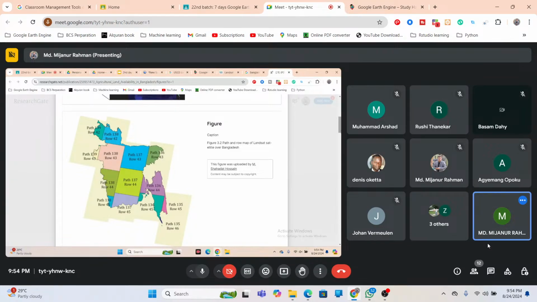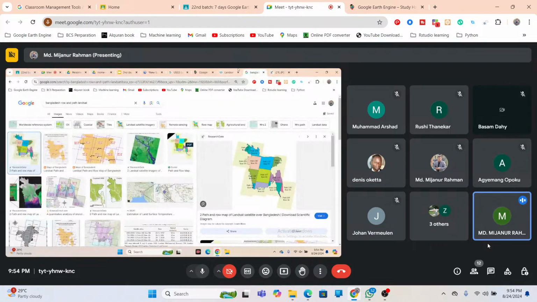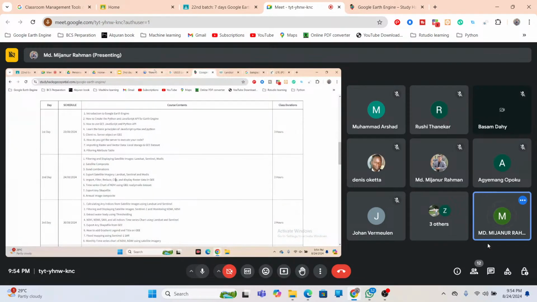Okay, so for that we need to use the image composite. We can use different types of image composite. Suppose all of the tiles, all of the images, we simply make the composite. It can be a median composite or mosaicing. This is the type of thing we are applying, and then we can easily make the satellite imagery for the whole country boundary of Bangladesh. So let's go, I'll show you an example of how we can easily create it for the whole country boundary of Bangladesh,